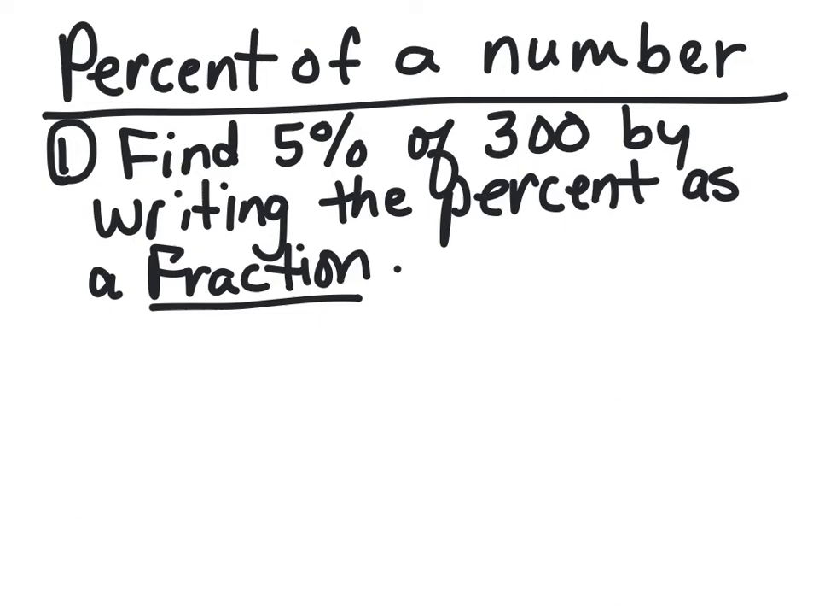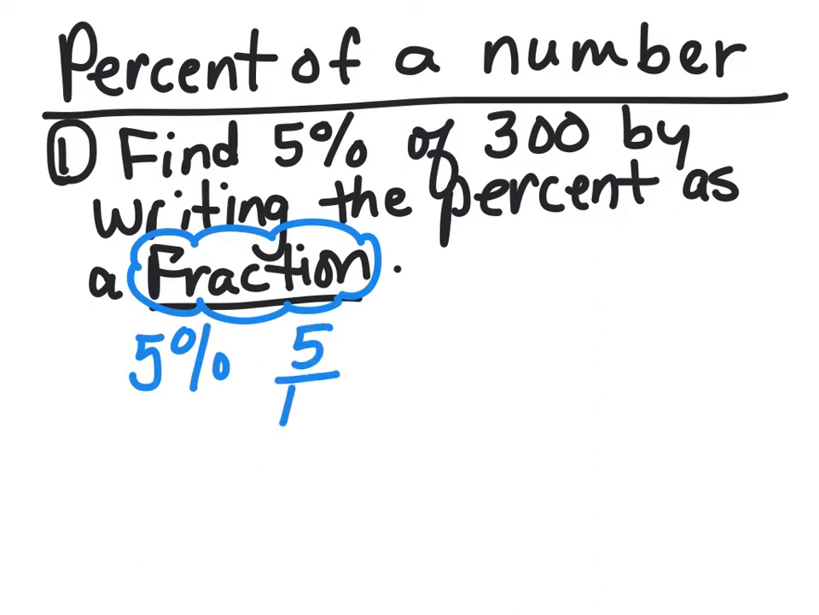And we are off to number 1 on percent of a number, and it asks us to find 5% of 300 by writing the percent as a fraction. So percent can also be written as a fraction, and they're asking you to do that. So let's take 5%, and 5% as a fraction is 5 over 100. And we want to take 5% of 300, which is 300,